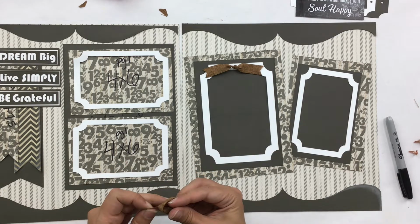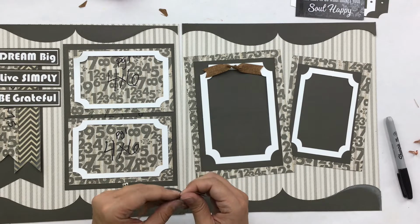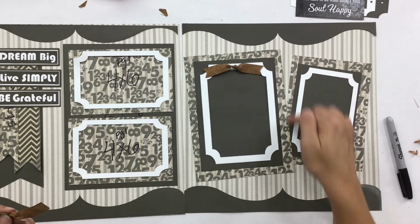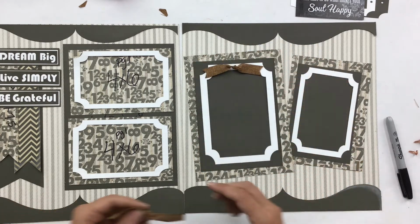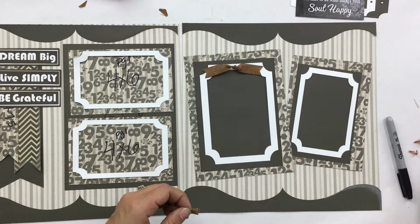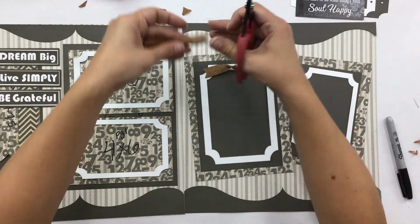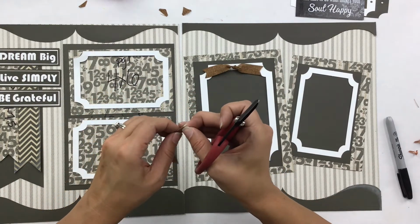And again, on this one, if you want to add some reds or burgundies or even blue or aqua or something to this page, go ahead and cut it just slightly bigger than your dark piece of paper, and you can add just a little bit of color behind there. Once you have your ribbons on there,